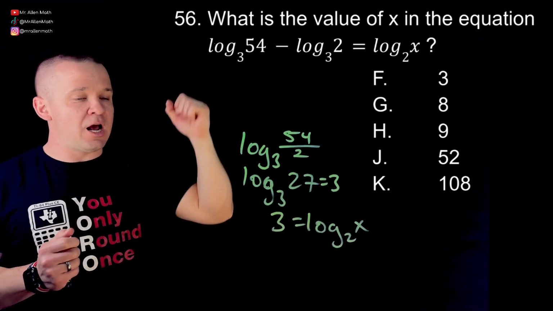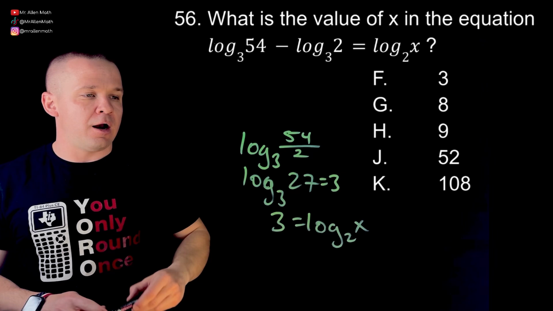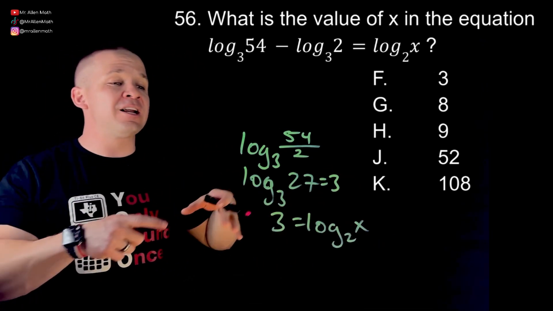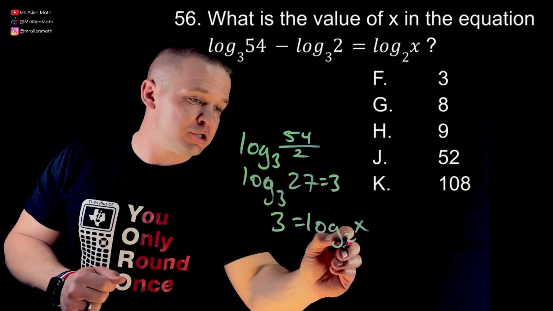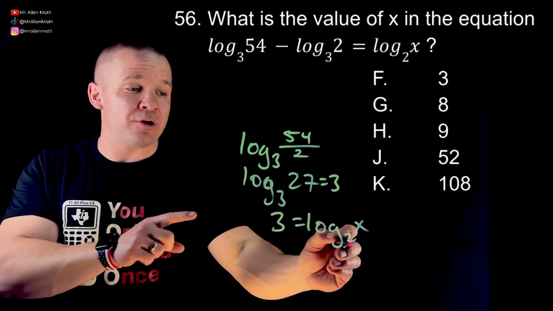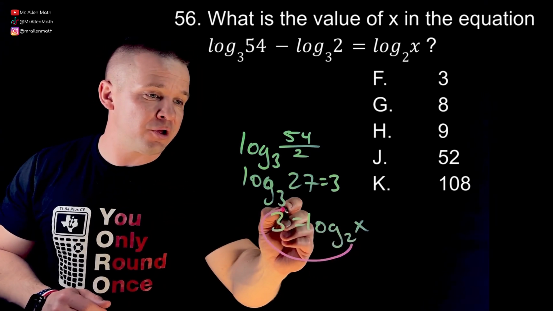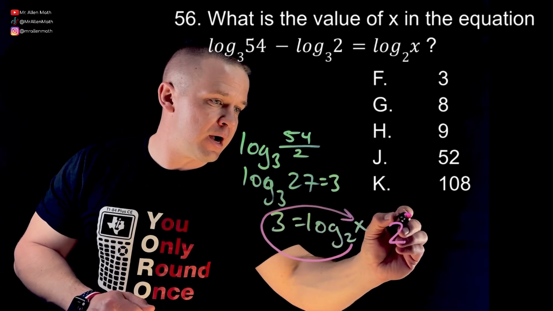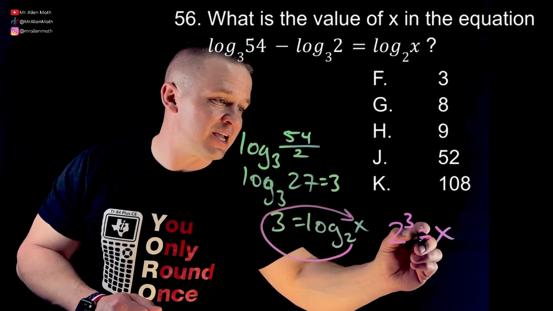Yes, we can. It's like Bob the Builder or something like that. All right, we can rewrite this thing in exponential form by doing a little loop and a swoop, okay? So I'm going to take this 2, and I got to go backwards for this one. We start with our base. 2 raised to the third equals x. So I'm going to have 2 raised to the third power equals x, and that is going to give me